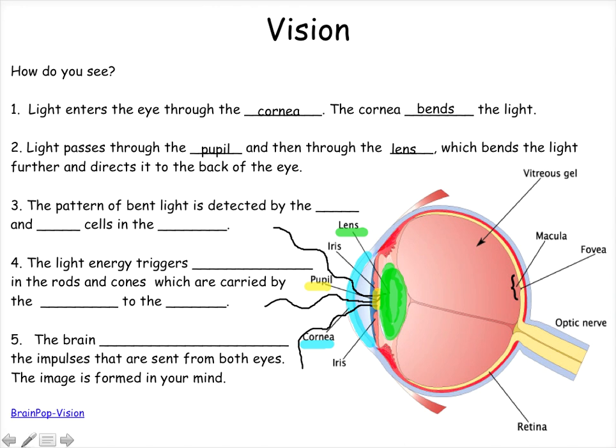And it does the same thing which a pair of glasses does: it further bends the light, or another word that we use for this is focuses the light, because all of this light has to get to a specific spot in the back of the eye. Okay, so here's our light. It's being focused through the pupil. The lens will send it towards the back. Okay, so it goes all the way through the middle part of your eye